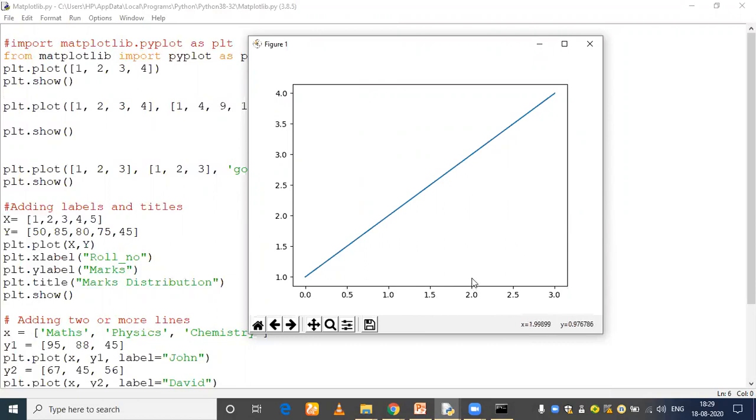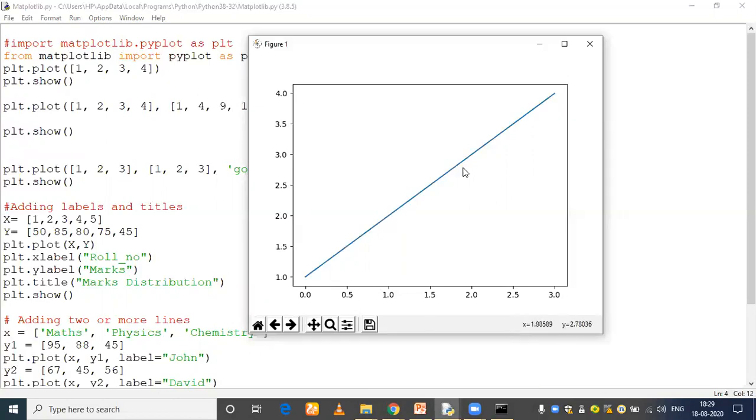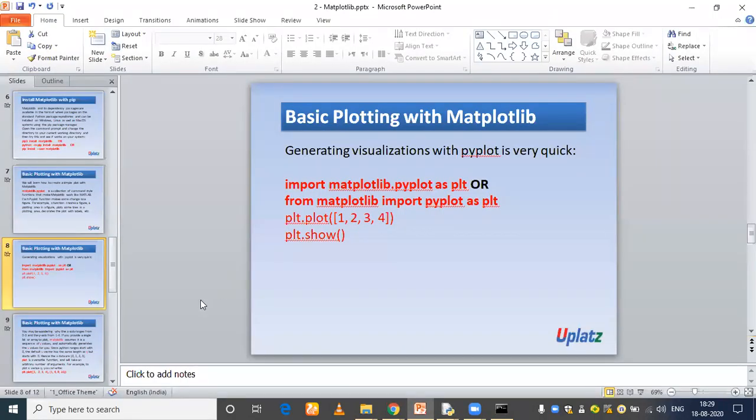X is equal to 2.00565, Y is equal to 0.99463. Yeah, are you getting it? So you might be thinking how you are getting this one, 1 2 3 4. If you want to change it, it's your choice. You're getting this plot, a straight line. This is 1, this is 2, this is 3. And by the way, you might be thinking why it is starting with 0.00. How is it possible? We have the answer for this question in our theory part.